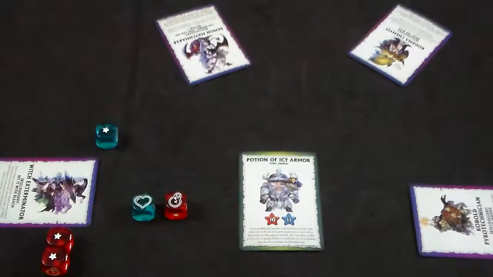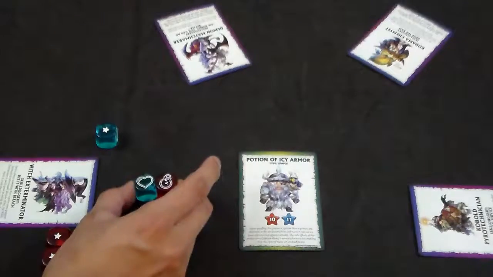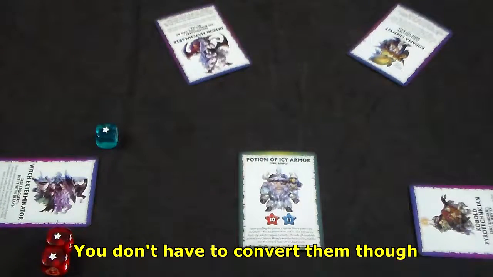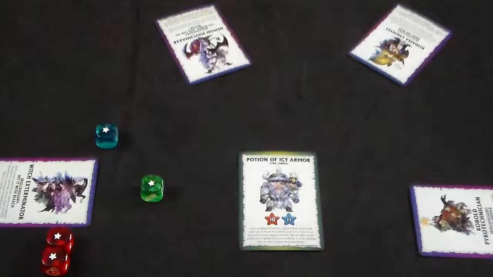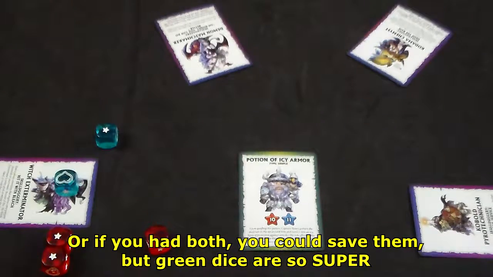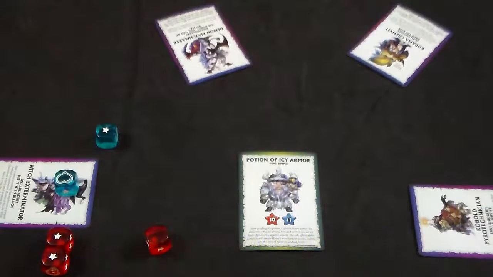The next thing you can do is with these potion and heart symbols. If you happen to have a matching set, i.e. 1 potion and 1 heart, you can immediately transform this into a super dice or a green dice. If you happen to only have 1 of the set, you can store this for a later turn, and I'll get into how you can use that later. And the last thing you can do